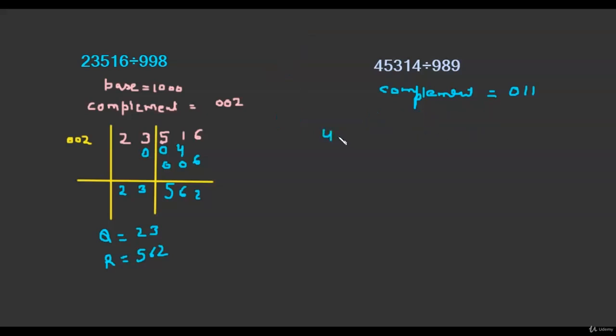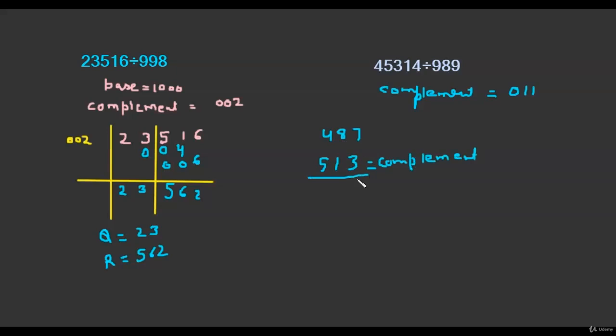Suppose we have to find the complement of this number. It's very easy to write the complement without giving stress to your brain. All from 9, last from 10. That is, we subtract 4 from 9, which gives us 5. We subtract 8 from 9, that is 1. And we subtract 7 from 10, that is 3. All from 9, last from 10. This gives the complement of the number.